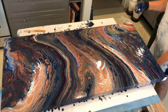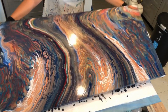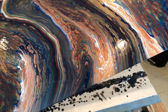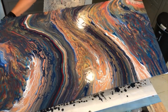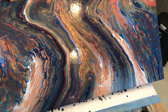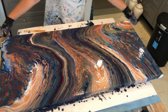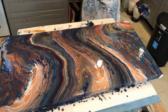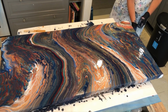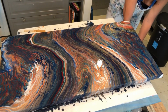Oh, I love this area. I gotta be careful not to put my hands over the canvas, because I got okay, I'm done. I can't move this anymore. I'm absolutely loving this piece, and what I'm gonna do is, oops,